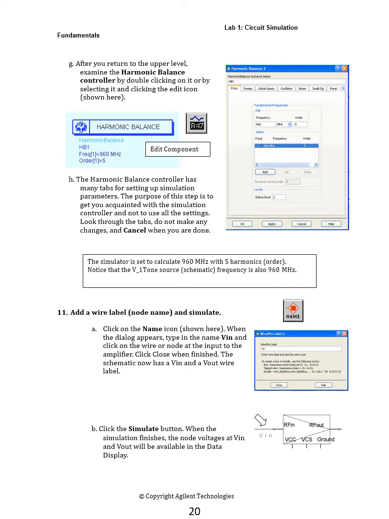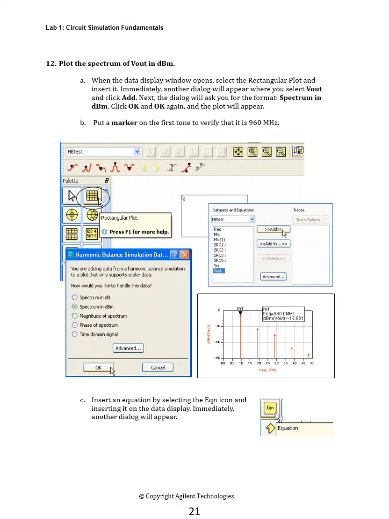After setting all the data, click the simulate button, wait for some minutes and the results will come for the simulation. Follow all the instructions for HB, harmonic balance simulations.